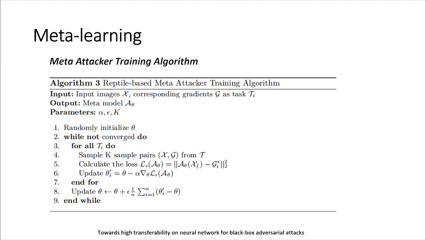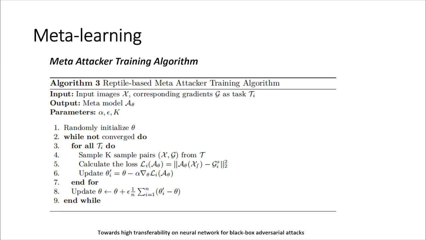The acquisition of prior information needs to collect a series of classification models named M1, M2 to Mn to generate the corresponding input and output gradient information. After inputting image X into each pre-trained classification model, we calculate the loss L1, L2 to Ln for each model by performing a one-step back propagation to the image X. The gradient information about the input can be obtained. Finally, we collect n sets of data to train the meta attacker.